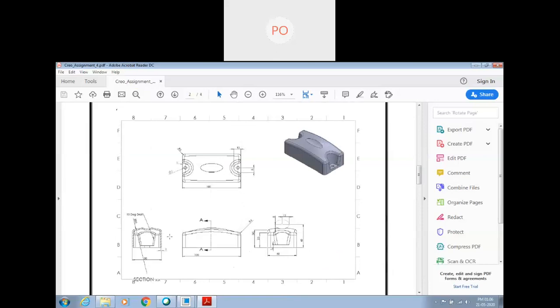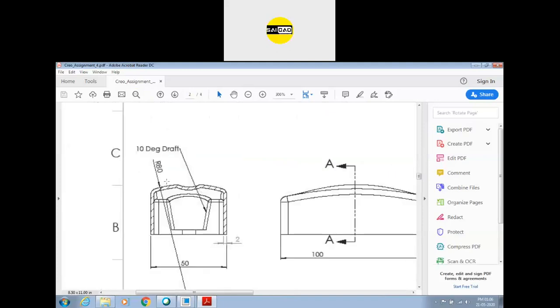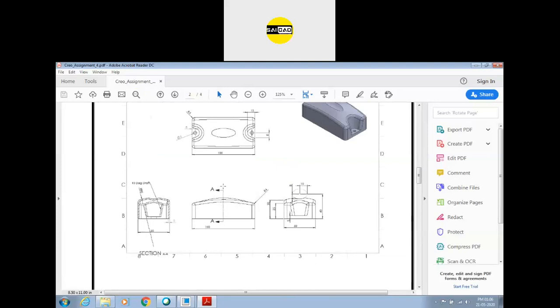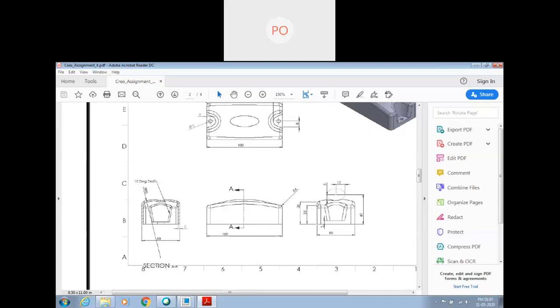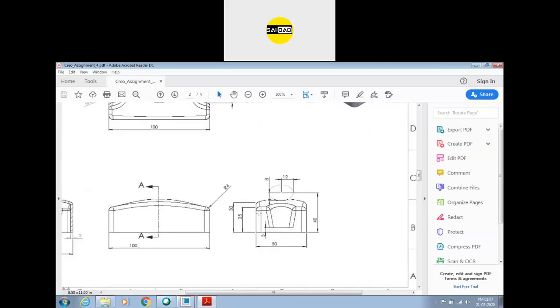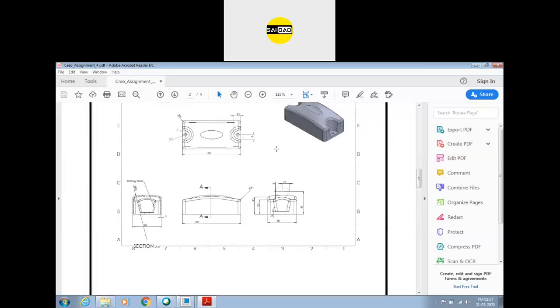Simple object created with the help of blend command. The shape is given here. We have a radius of 80. The section is in the mid. So in the mid, we have to create an arc of radius 80, and from the start, you can see this line is straight. So we have to create a rectangular shape here, and a rectangular shape with a curved shape in the mid, and again the rectangular shape at the end.